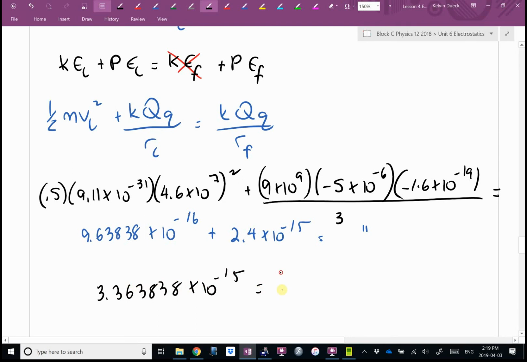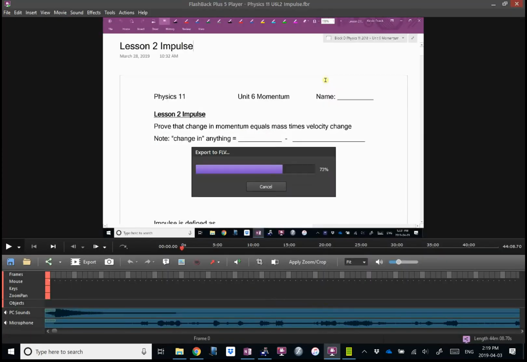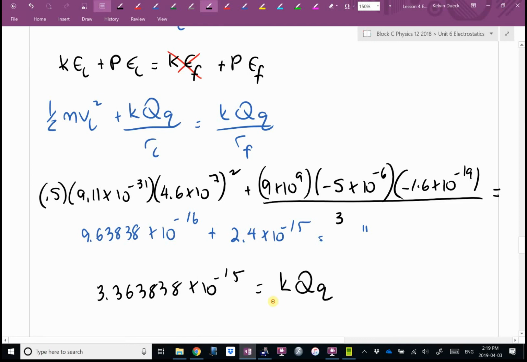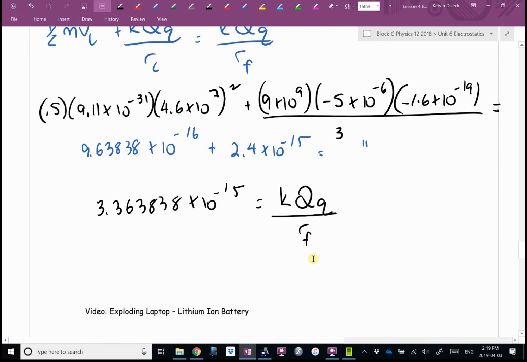Now I'll write the rest out. Equals K, big Q, little q, all over r final. Justin, what did you tell me this wants me to find? r final. How would I get the r final by itself now? I'm going to multiply it to there, and divide this down there. So I'm going to write r final equals K, 9 times 10 to the 9th, Q, negative 5 microcoulombs, little q, it's an electron,